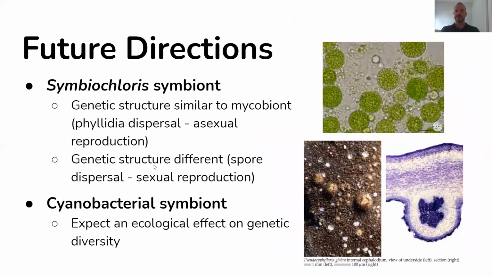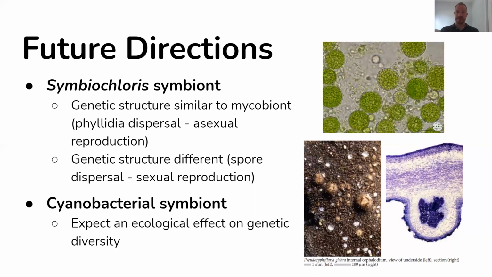But moving forward though, since the RAD loci that we sequenced also contain the symbionts, Symbiochlorus, if the genetic structure is similar to the mycobiont, we would expect that to be because of dispersal through phyllidia, through their asexual reproduction, because both partners would disperse together. But if we see a different genetic structure, then we might be seeing that glabra is dispersing by sexual reproduction. And also we could look at the